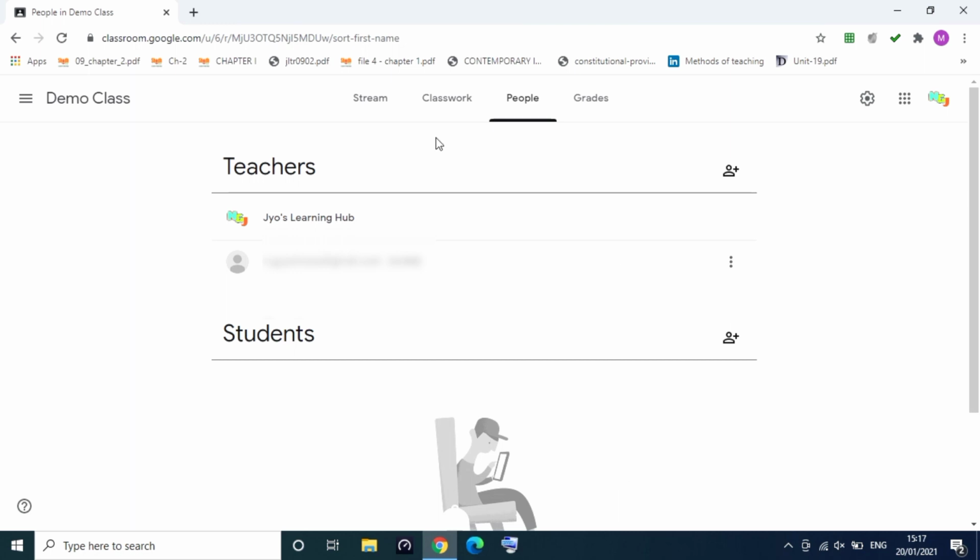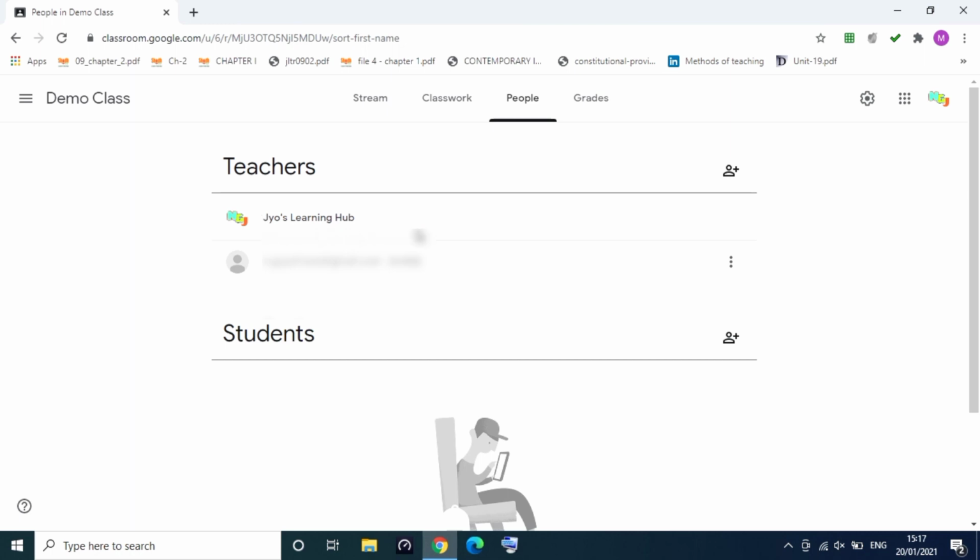So the teacher who is taking another part of the subject will also be joining as a co-teacher in your classroom. This co-teacher will be able to do the same things that you can do. She can post, she can delete, she can edit, or even see the grades. So whatever you can do, the co-teacher can also do in the classroom which you have created. Now since I have not accepted this invite, this is showing in gray. Otherwise, once it is accepted, it will also be in black color just as this one.